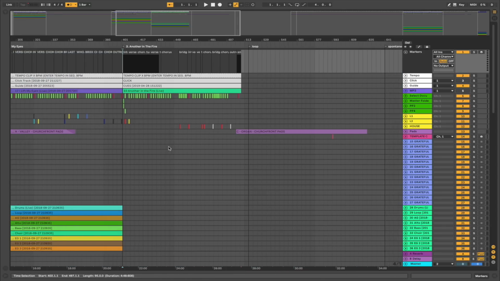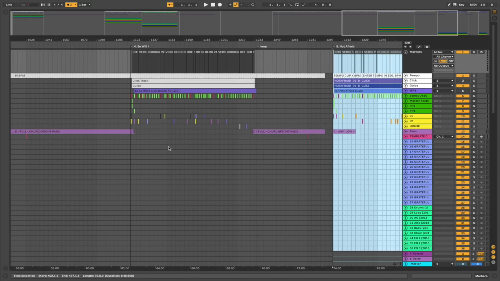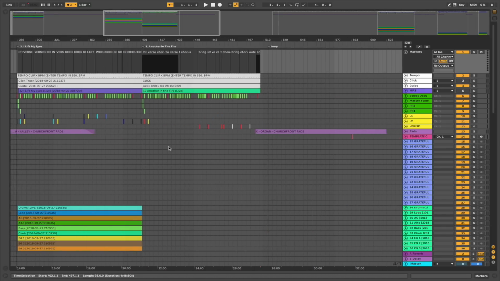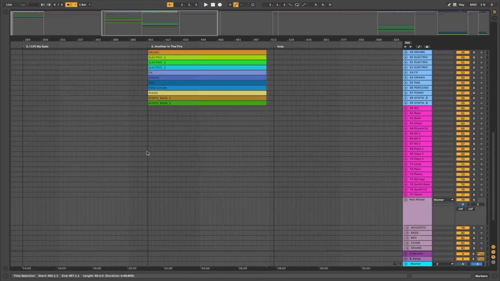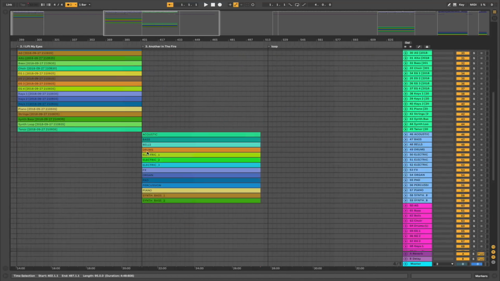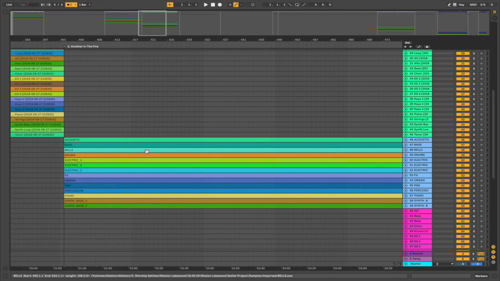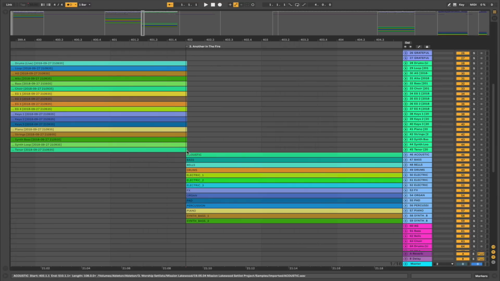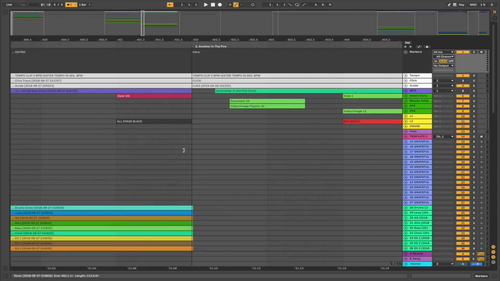So let me just undo some of those changes that I just made, and you'll see that for some of these song transitions, and this is why I lay out my set list like this, and actually it was Ashton who built the set list, so I can't really officially say I would build any of this this way. Ashton, running the camera here, is the one who built this, and this might not be the best demonstration of it, but being able to crossfade these tracks a little bit gives us that really nice smooth transition